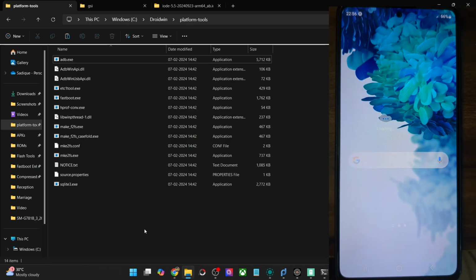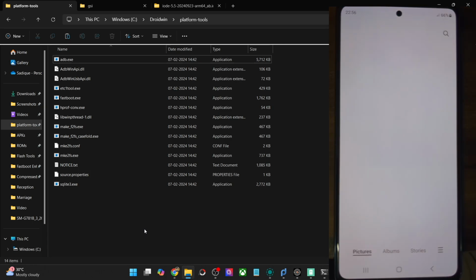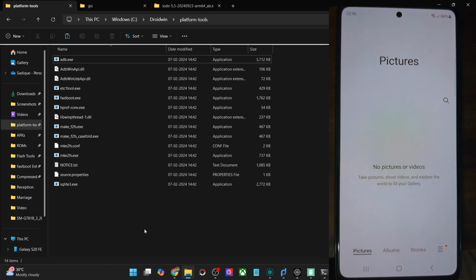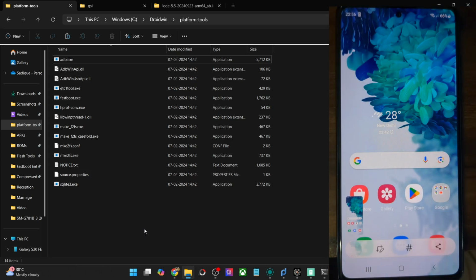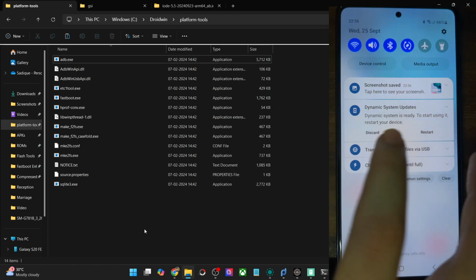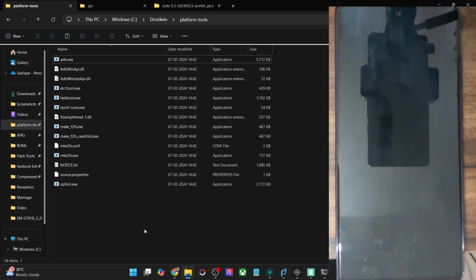So let me open the phone and let's have a look at the gallery app. Let me launch it. As you could see, it does not have any photos whatsoever because the data partitions are not shared. Moreover, whatever screenshot or photo image you save here will not be there in that GSI ROM as well. So guys, this was all from this video on how you could carry out and install the IODE OS GSI ROM on your phone.